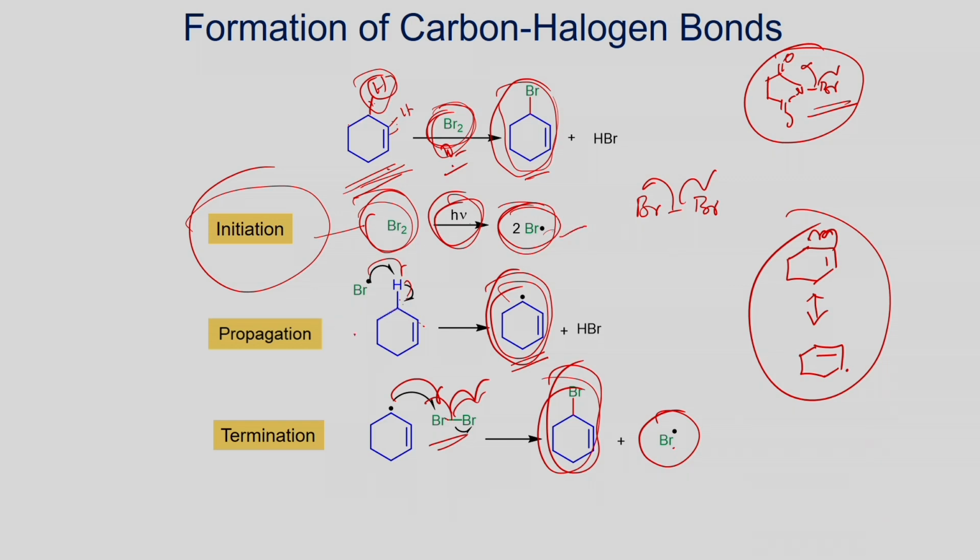You form the Br radical. The Br radical can react, you generate this HBr, then this can further react with the bromine, then you form the cyclohexyl bromide. This is the termination step until the substrate is consumed and the reaction proceeds. Once the substrate is consumed, this Br dot can react with another Br dot, and there you form the bromine back, and similarly the bromine radical can react with this one. In this way you will be able to terminate the radical reaction.